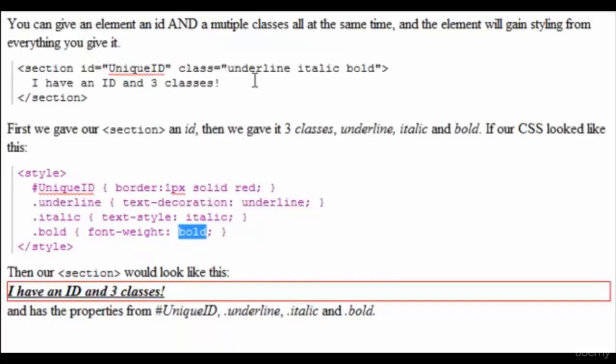Now if you want to add more than one class, it's very easy. All you have to do is separate it with a space. If we wanted to only apply one class to this, we would just write underline. Or we could write just bold. If we wanted to add italic, we do that, and bold. Or if we wanted all of those and underline. So you see what I'm doing? All I'm doing is adding that space there. And that's what an ID and a class is.